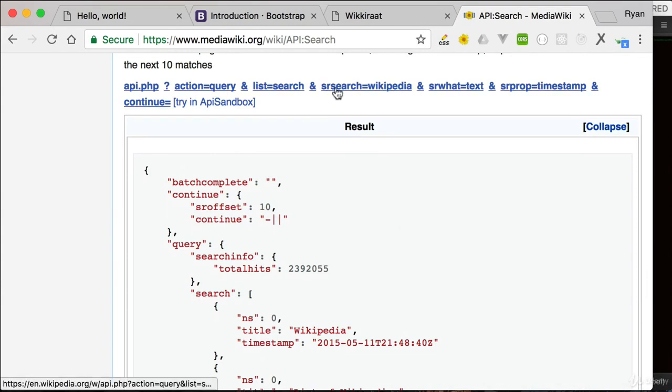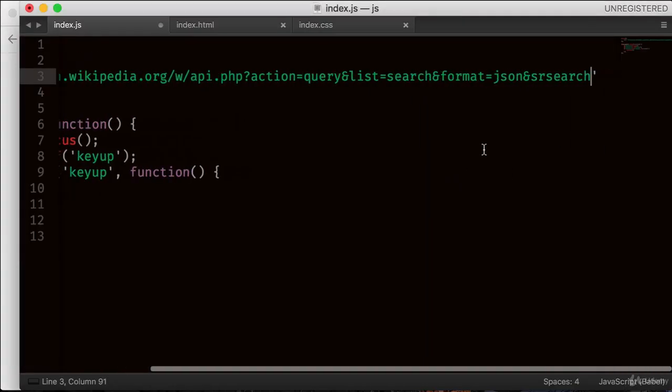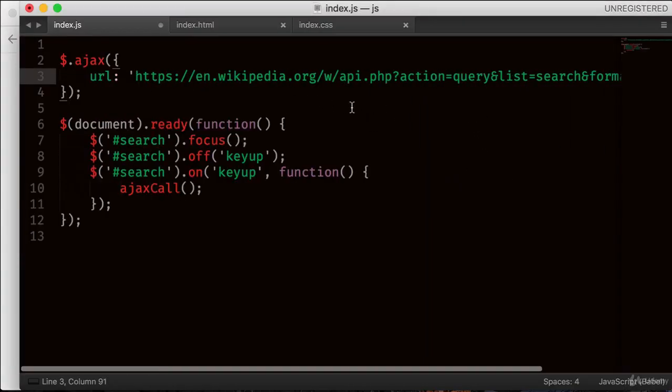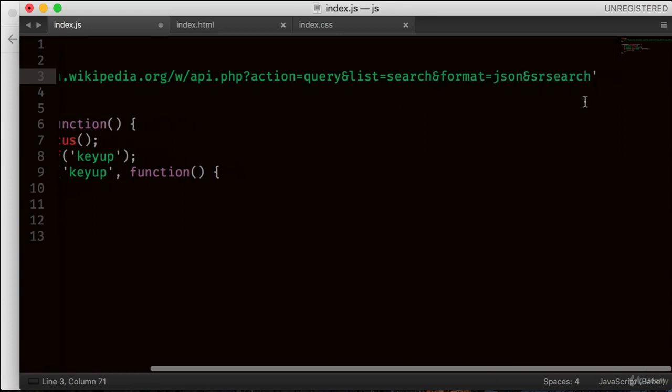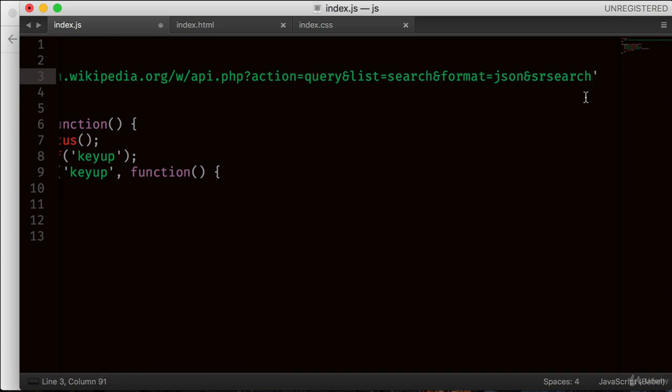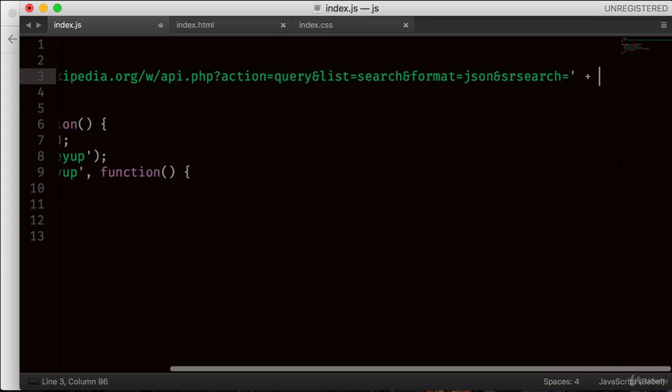As you can see, srsearch. Pay close attention to it. Take some time, maybe pause the video to copy up to here. Search, and as you can see, the format equals JSON and srsearch. Now it's not complete yet. Equals, and then we add some more parameters such as